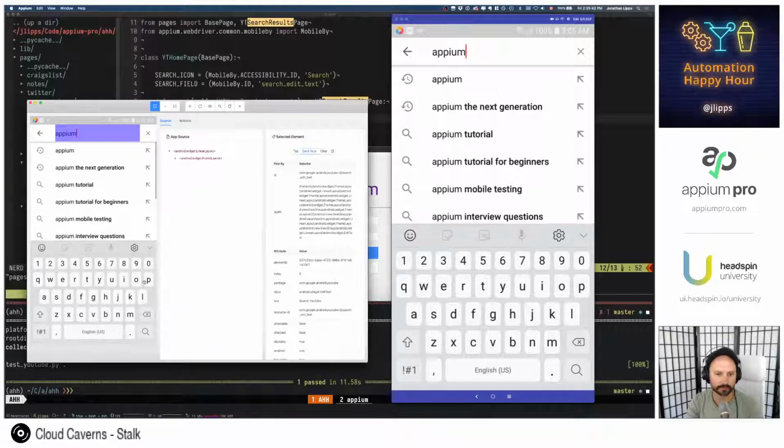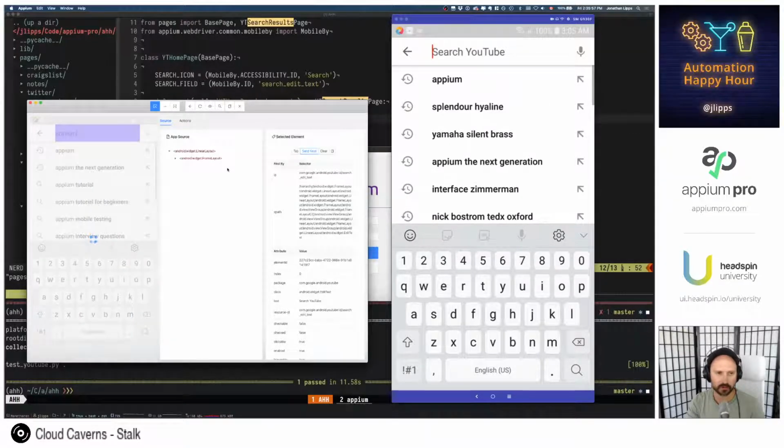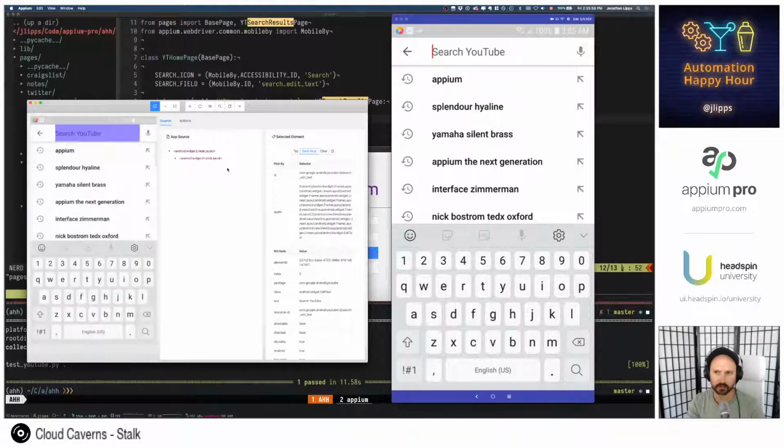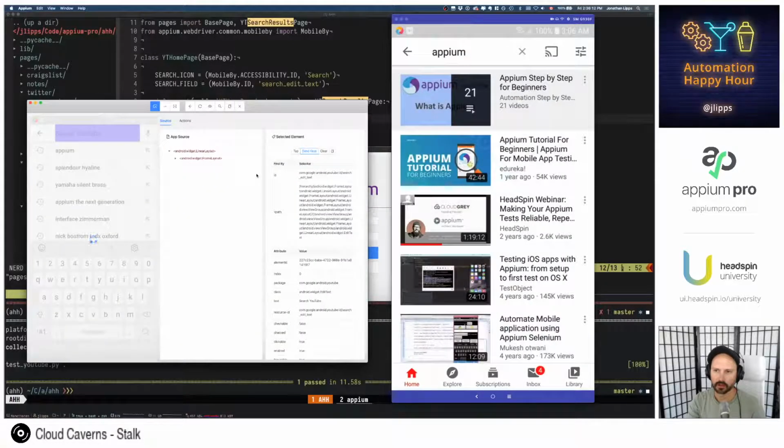I wonder. This, I'm guessing, will not work. Okay, that cleared out. What if I send in Appium /n there? Yeah, that works.